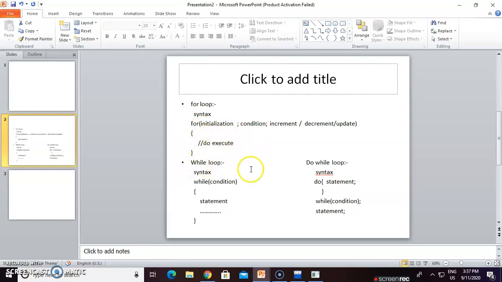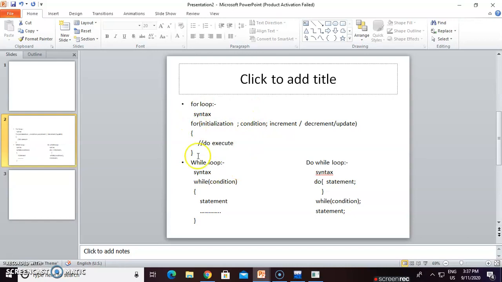This is the syntax of the while loop. While is a keyword. After the while keyword, there is a condition. If the condition is true, then go to the body of the while loop and execute the statements. After execution, go back to the while loop and do the operation, like increment, then check the condition.